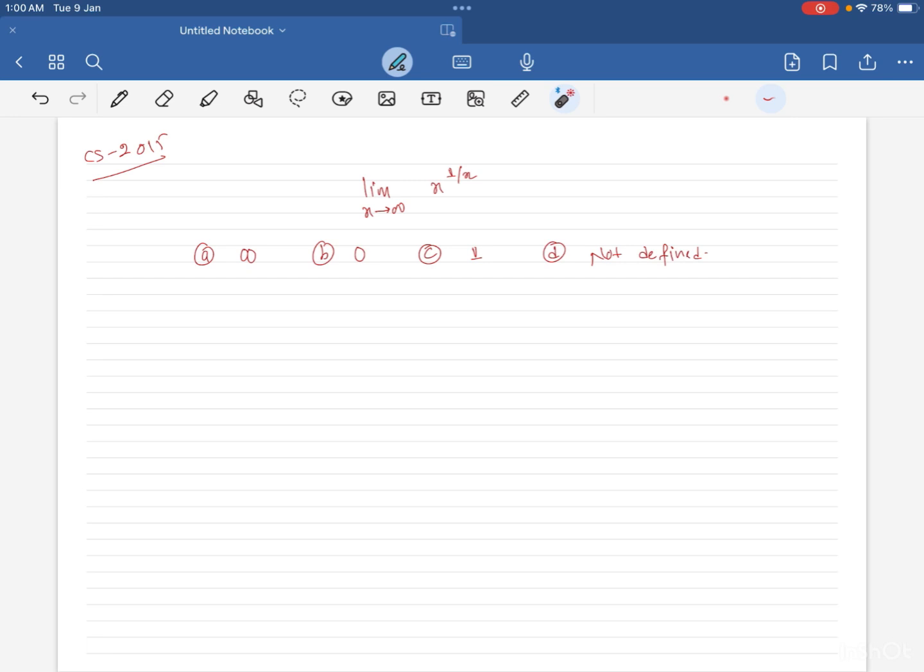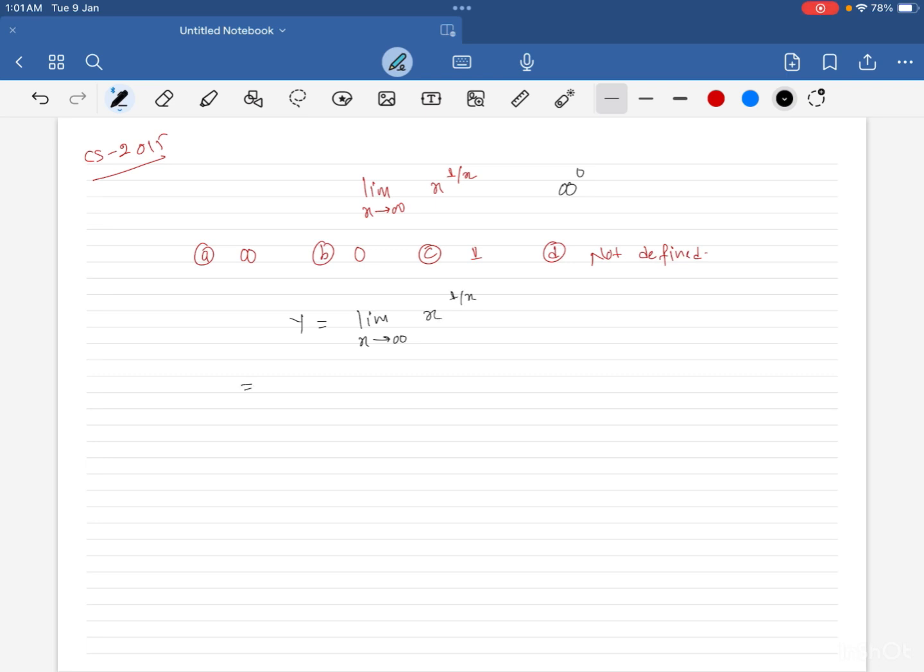This question is from CS 2015. This is similar to the last question, right? So if you put the limit, that is going to be infinity to the power 0, right? So how can we proceed with this kind of question? We can take y is equal to